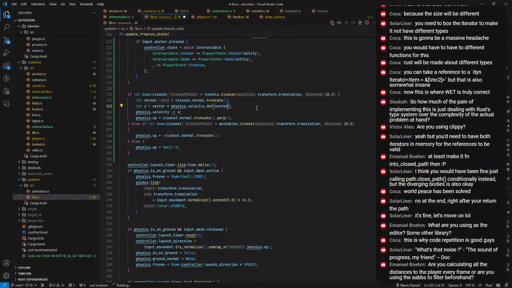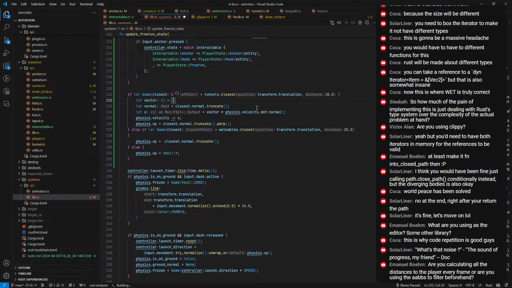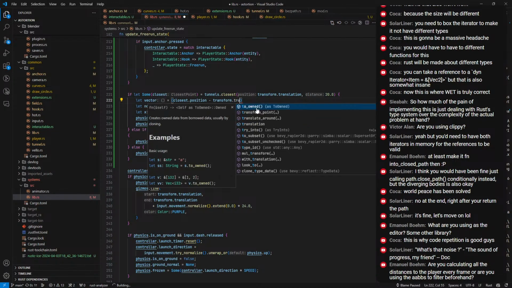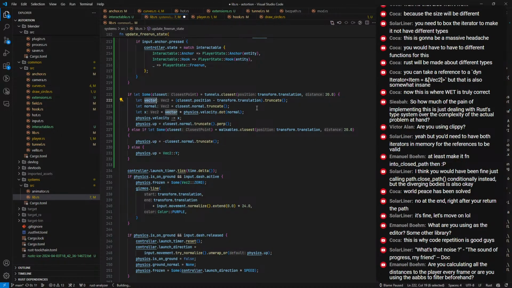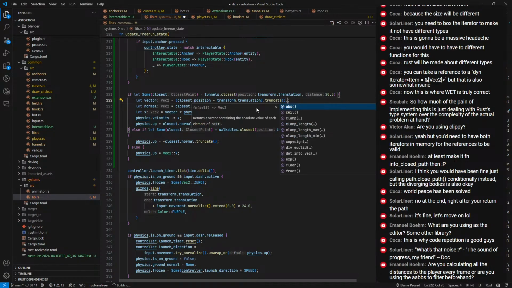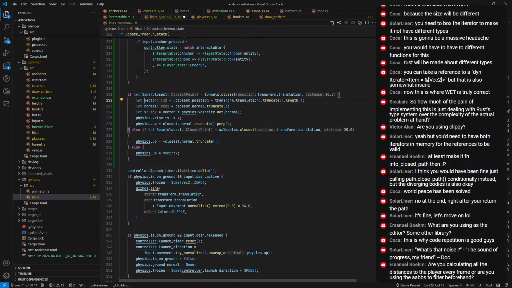Actually, we're still gonna wanna calculate the distance. And actually, maybe we just need the length, right? If we know the length